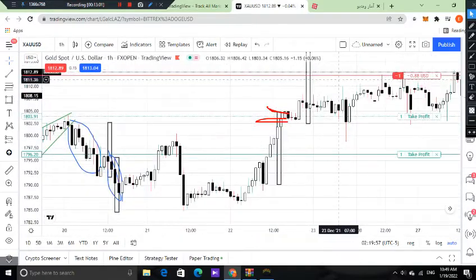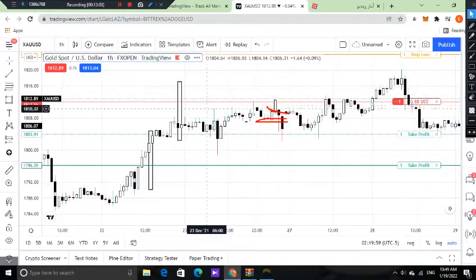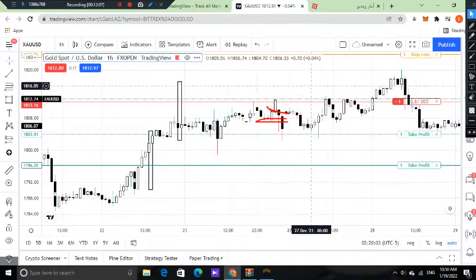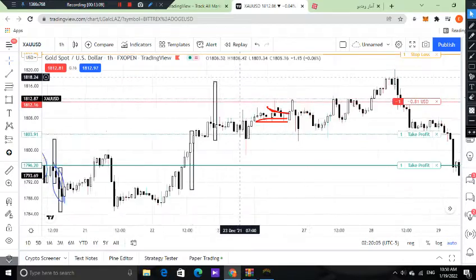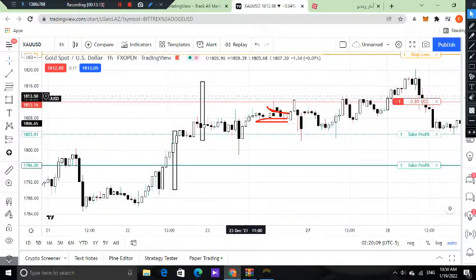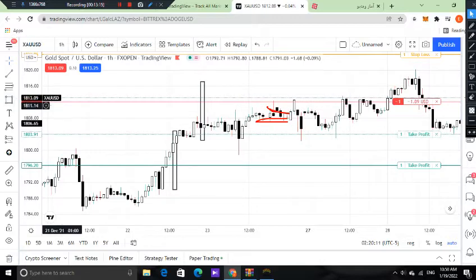And as you can see, it's not even close. But the interesting point is it actually did hit your target. It's kind of weird, but